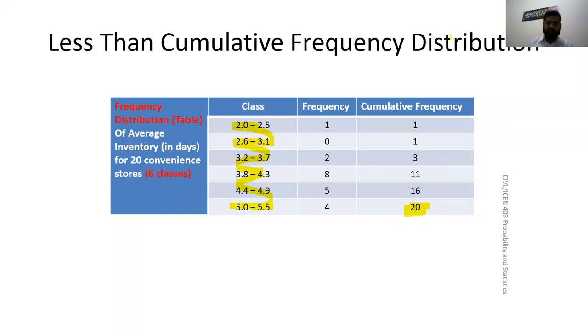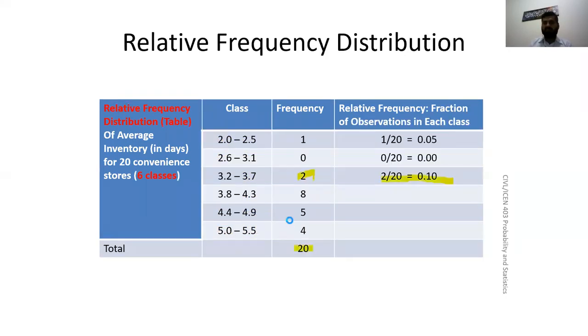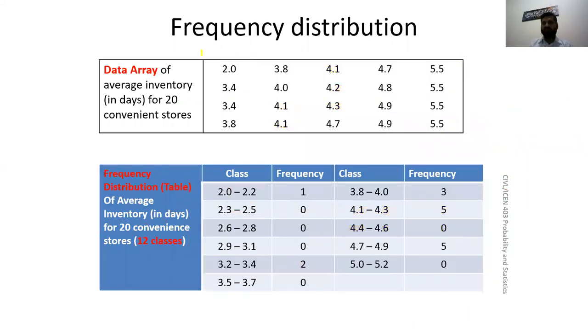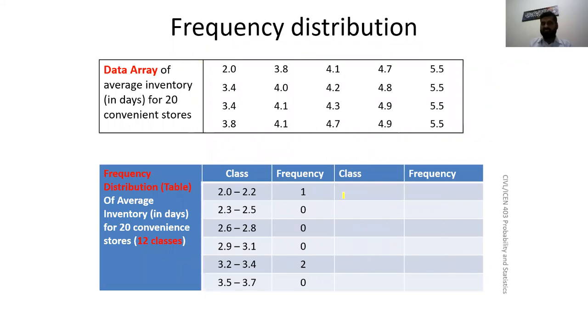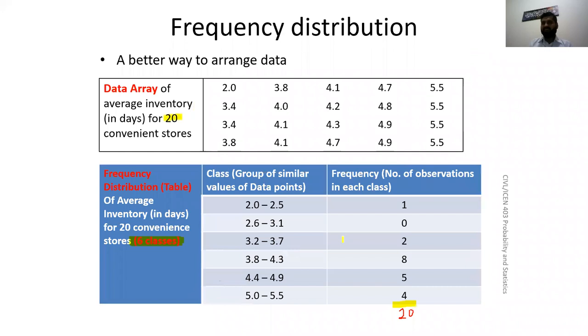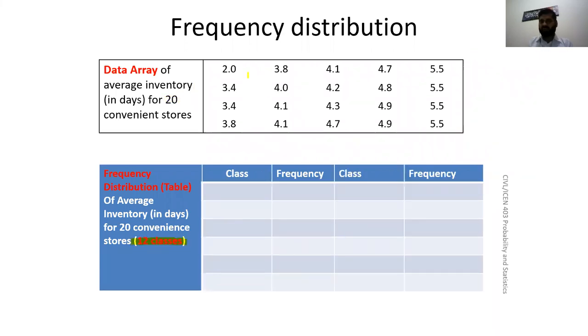The table you will make, if you have to make a frequency distribution, we will give you this raw data. Let me go back, this one. These 20 observations will be given to you. Okay, you will make this distribution. So from here, if I ask you, these 20 observations are given to you, make a frequency distribution with 12 classes. This will be a question.